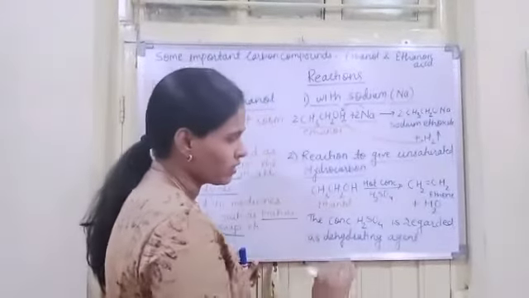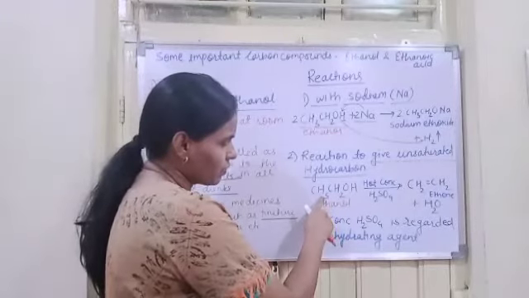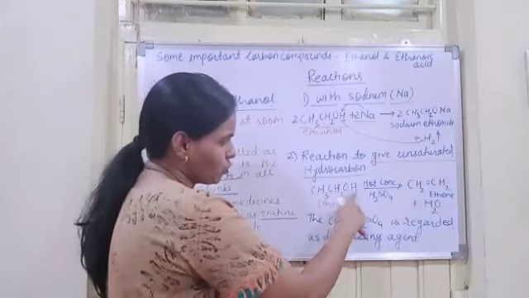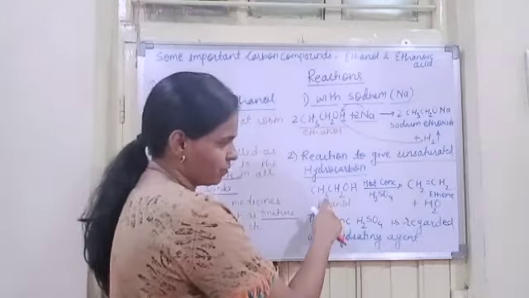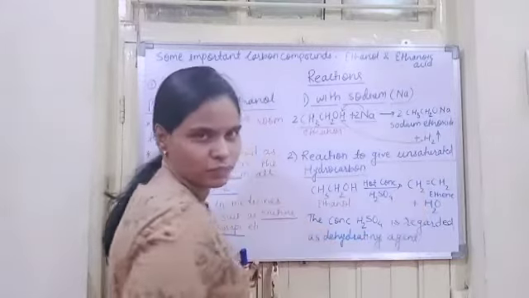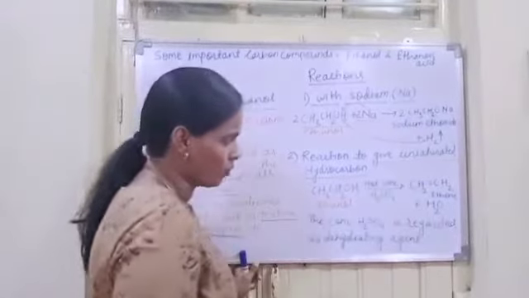Now from where is this water molecule removed? Here one hydrogen from this CH3 and one OH group. So OH plus one H, that is H2O. So here ethene is formed. What is the end product of this reaction? Ethene with the formation of a water molecule.